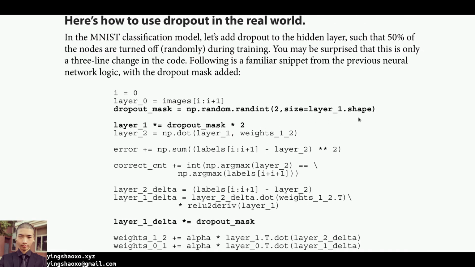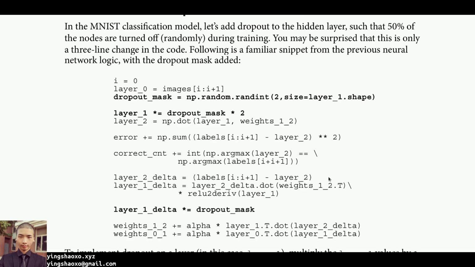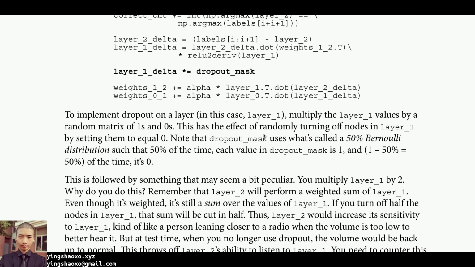Okay, let me think about it. If here we set the number to 2, it means we want to get integers from 0 to 1. It can be 0 or it can be 1, with the shape of layer 1. So we will get 1s or 0s with the shape of that layer. Good. This has the effect of randomly turning off nodes in layer 1 by setting them equal to 0. Note that